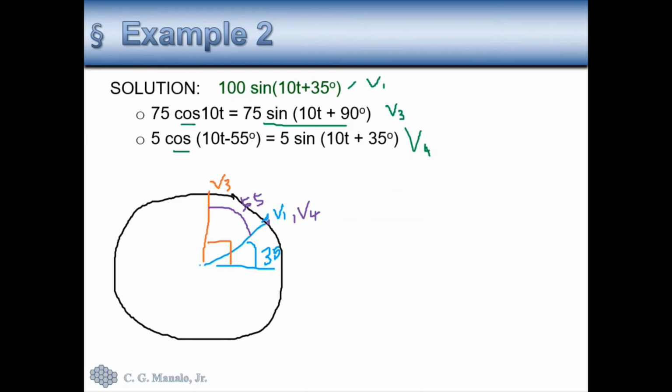And V sub 1 is in phase with V sub 4 because they have the same phase angle after converting to a sine function. Okay,